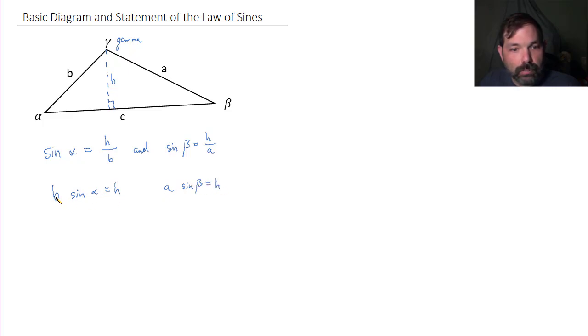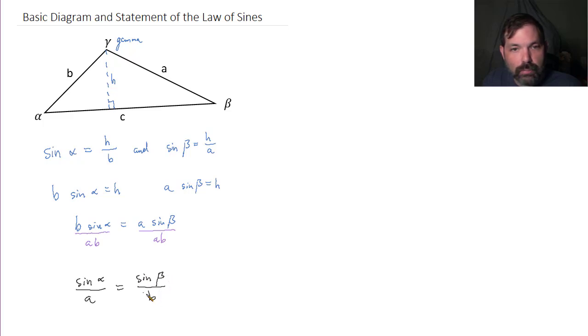And if h is b sine alpha and h is a sine beta, then I can set those equal to each other. So b sine alpha is equal to a sine beta. And let's divide both sides of this equation by the quantity a times b. Then we get what's commonly called the law of sines. The sine of alpha divided by a is proportional to the sine of beta